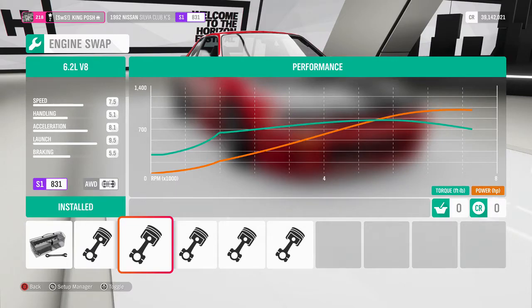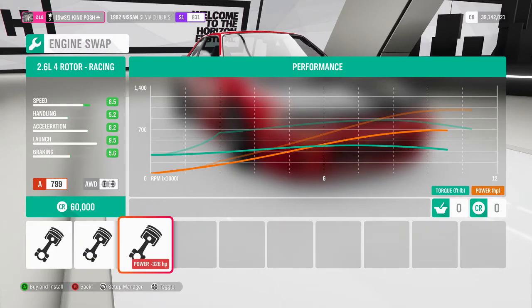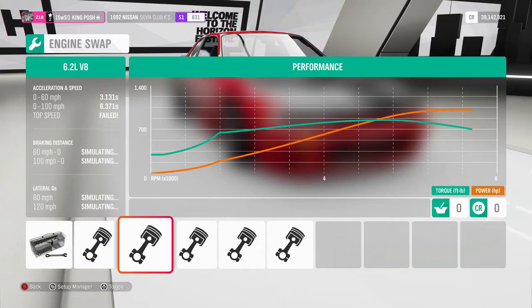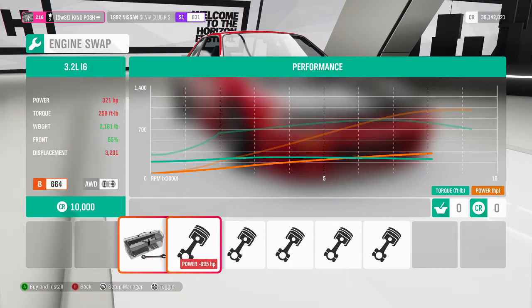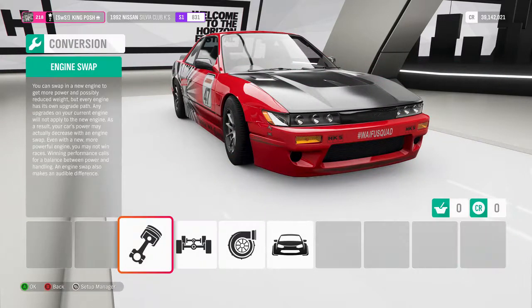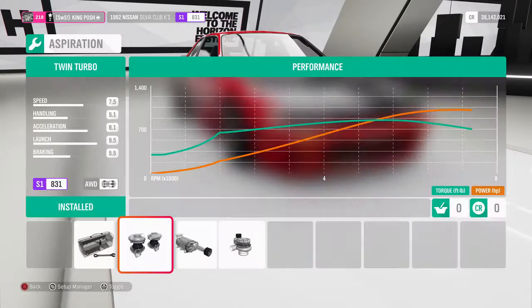So I got the 6.2 liter V8. There's 2.6, the turbo rally engine. You can also put a 2.6 liter 4-rotor racing engine in there. A lot more options than the other videos that you saw before. 3.2 and stock powertrain. Stock powertrain has 202 horsepower and 202 pounds of torque. Not too bad. I like it when the numbers are even. But yeah, 2.6 liter is new in this lineup of videos I've been doing. So, alright. We got an all-wheel drive, twin turbo,